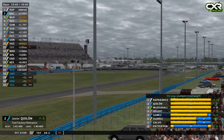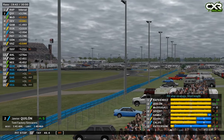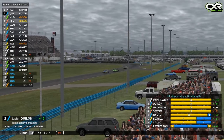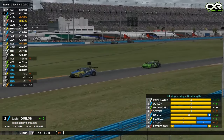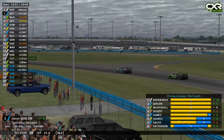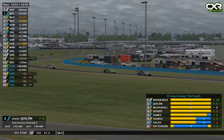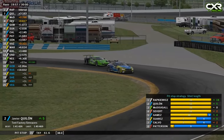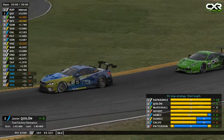Go back down to the front though, because I think this is where it started to get a little bit tasty. I was kind of egging on one of these two to start helping me drift to try and catch up to Dennis, because that was the only way we were going to catch him. Once you're out of the draft, there's no chance in the straight lines. But then again, once you're by yourself, there can sometimes not be any...